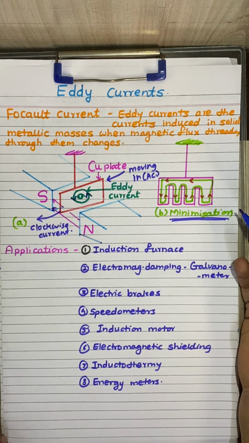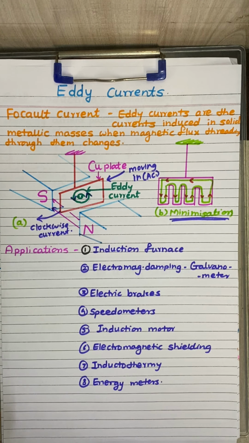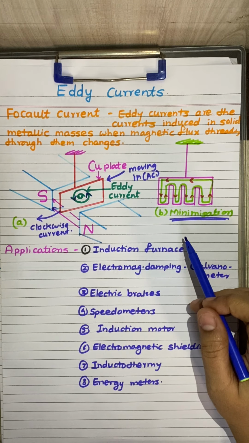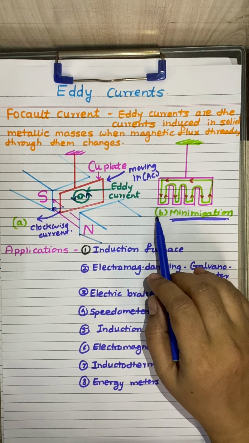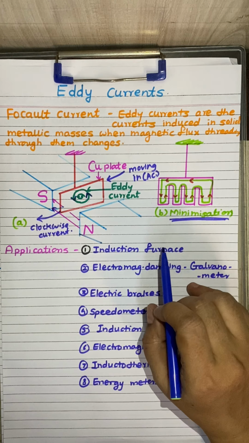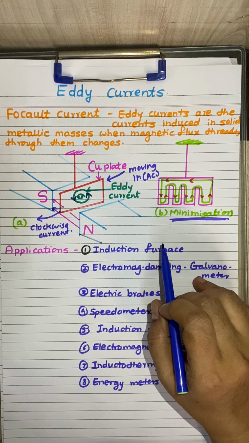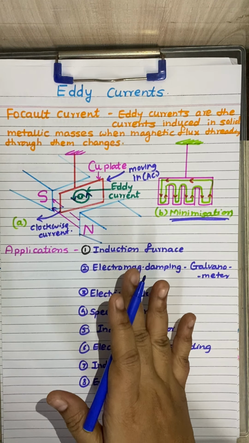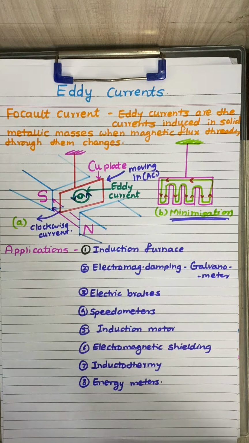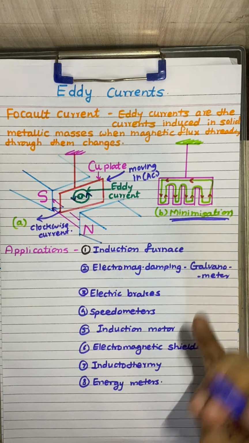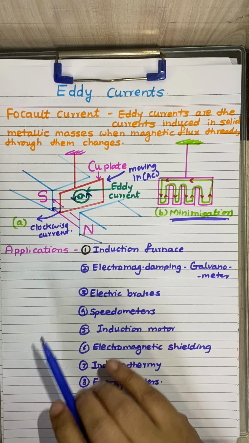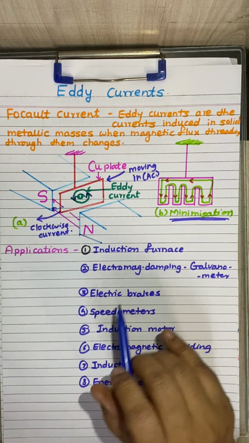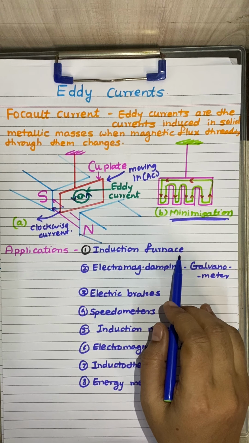Okay, now although we are saying that eddy currents have the effect that is called a heating effect, they are the wastage of power, but still some applications are there for the eddy currents, where some devices use that application. So sometimes the eddy currents are considered as good currents, and sometimes the eddy currents are considered as having some bad effects on the instruments. Now we are having the applications of the particular eddy currents. Okay, now first one is the induction furnace.